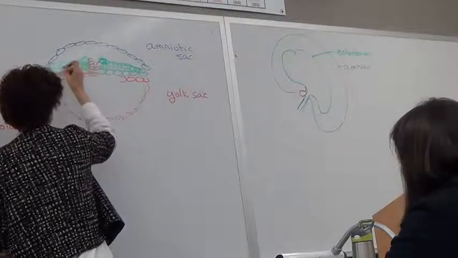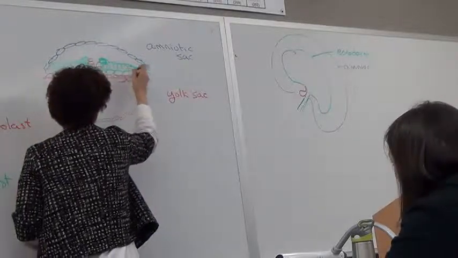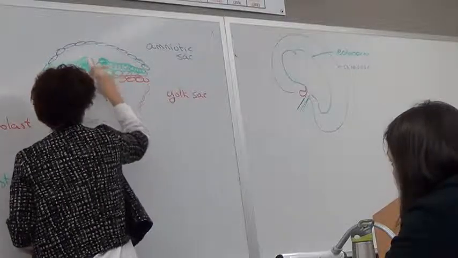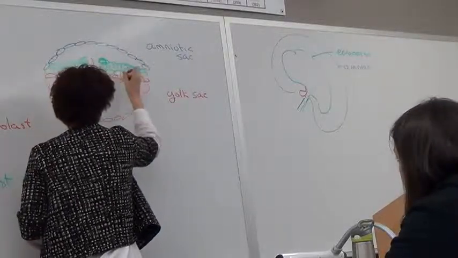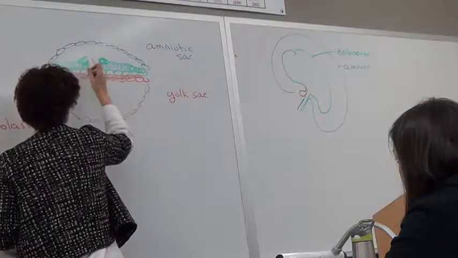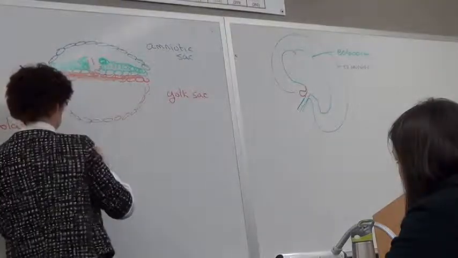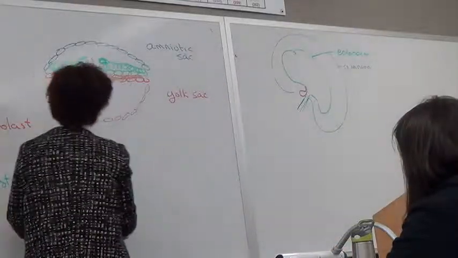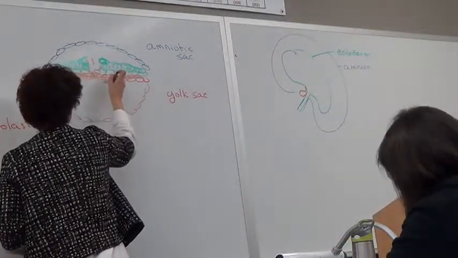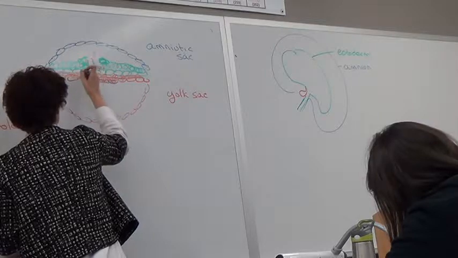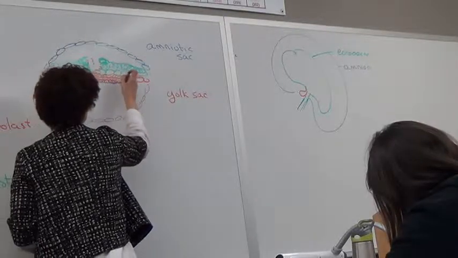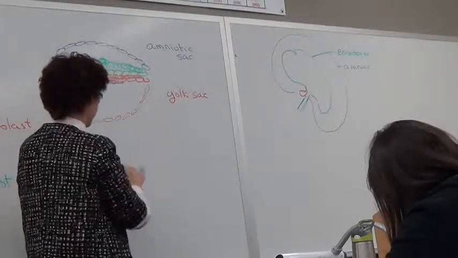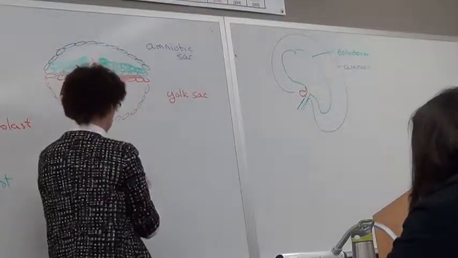They fold up, slow down here, and fill in this space, and change to form this third layer. So now we have the trilaminar disc, in which we have